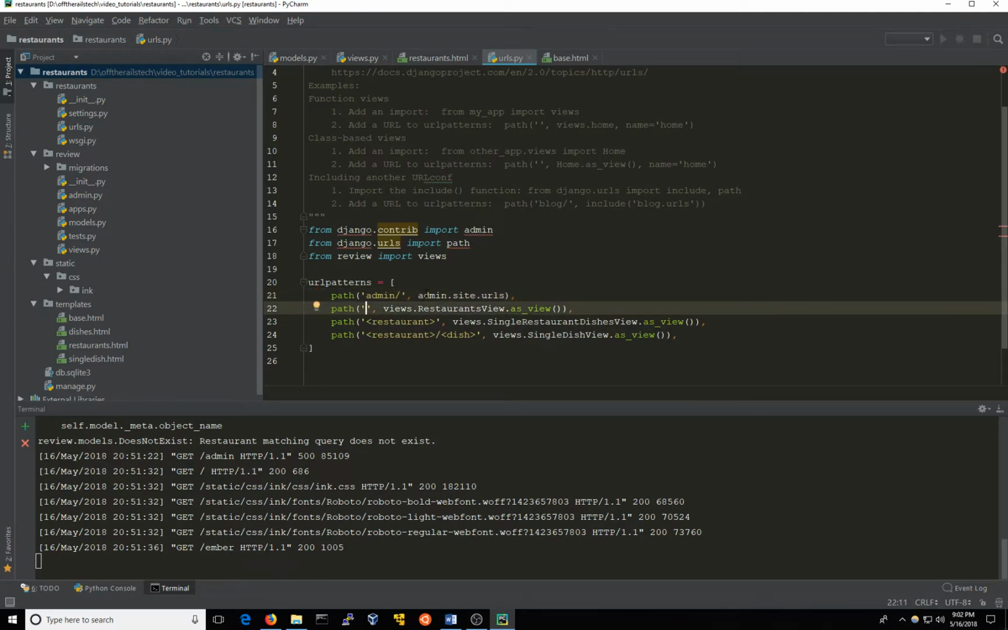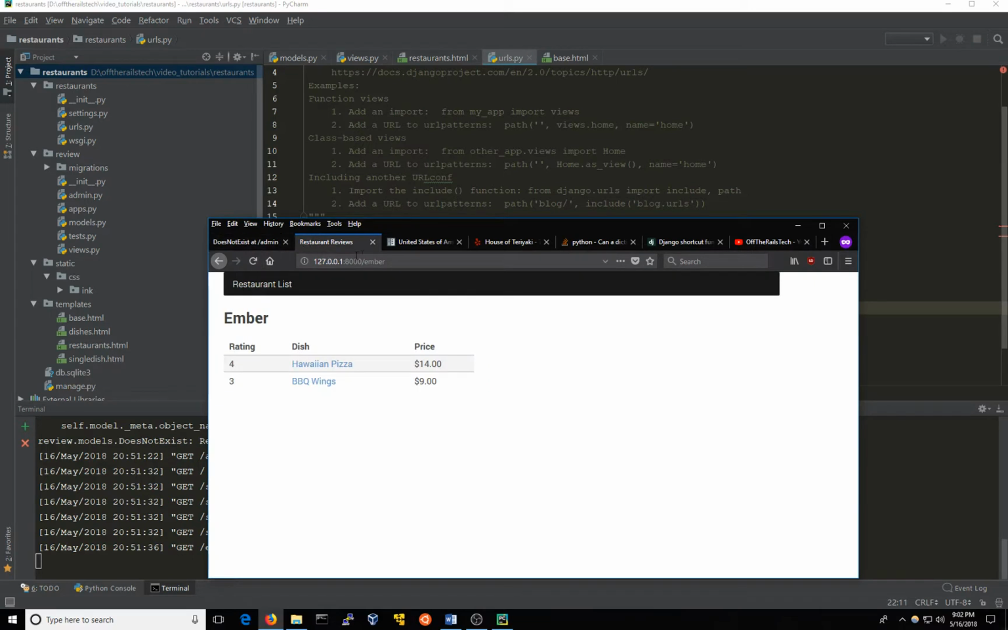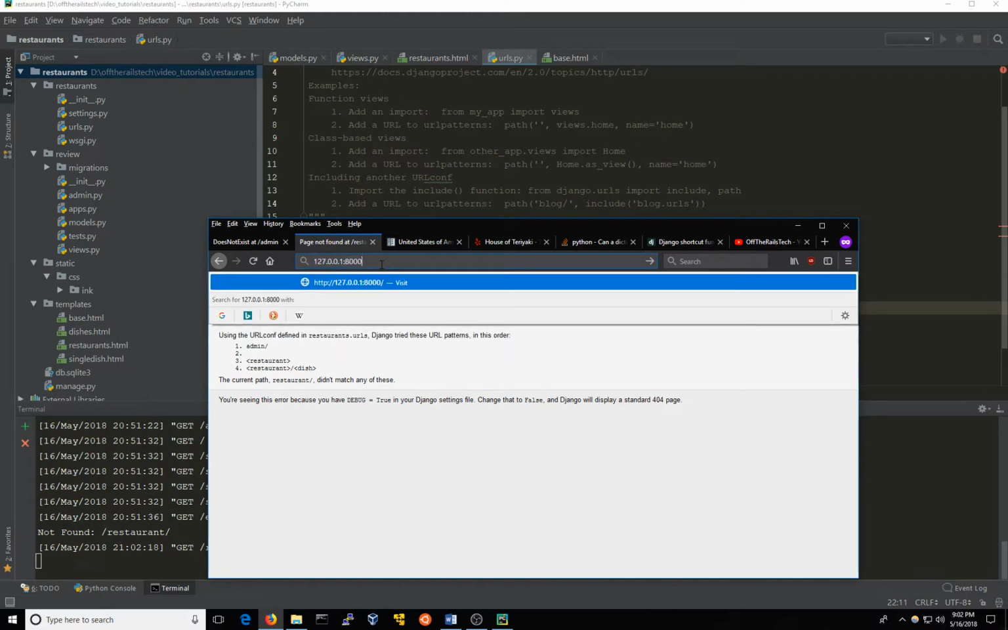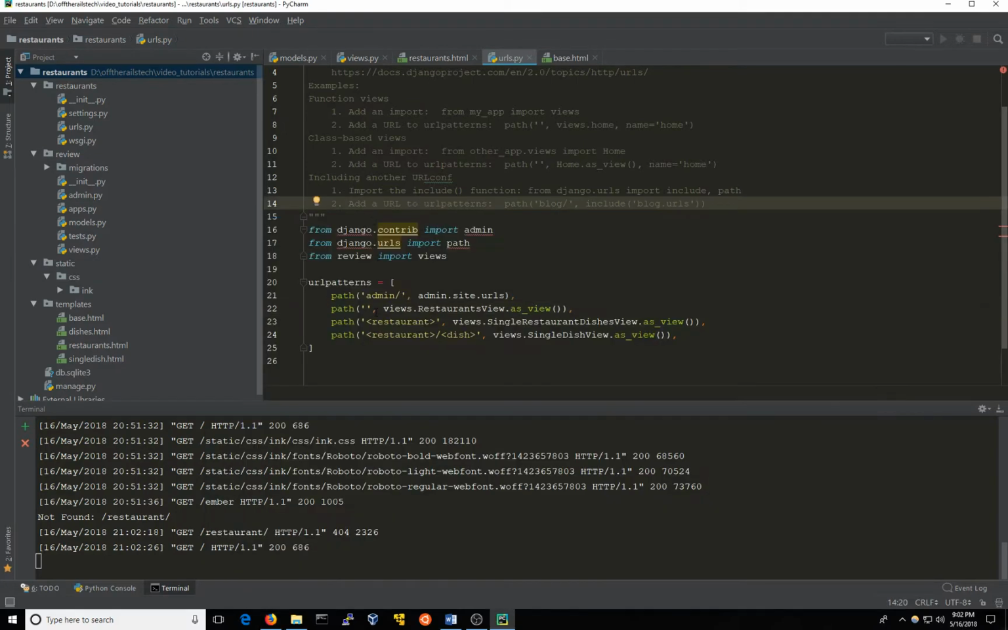And so, in fact, this is no longer going to be just the root, well, yeah, because I was already playing with this a little bit earlier and I forgot to. Okay, so this is not going to be the root, it's going to be slash restaurants. So let's go ahead and do that. We'll do slash restaurants,